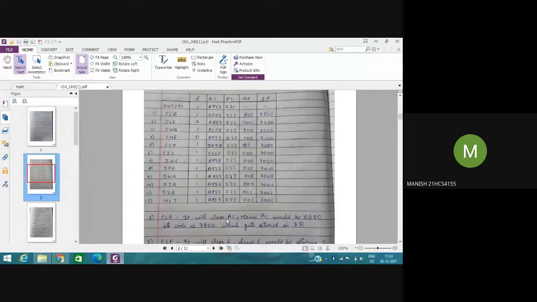it will clear the AC. That is, it will remove the value which is present in the AC, and it will set it to 0. So after performing the clear AC instruction, AC will be set to 000, and all other values will remain the same. E will remain the same, 1, and we know that the hexadecimal code for the clear AC instruction is 7800. So IR will be storing its hexadecimal code, that is 7800, and the address part will contain bits 0 to 11, that is, the last three digits of the hexadecimal value, that is 800.